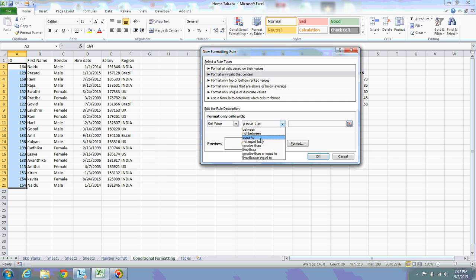Now equal to, we have already seen. Not equal to is exactly opposite to equal to. Now greater than, less than, we have already seen. Greater than or equal to can also be applied. Say if I want to see the salary greater than or equal to 1,25,000, I can give like this,